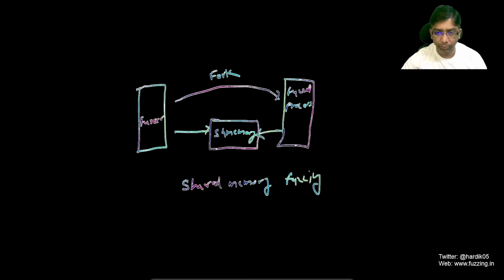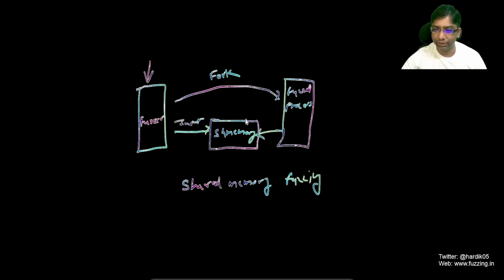So let's start with a whiteboard session again. If you recall from the previous video, in case of shared memory, whenever you want to fuzz a process, the fuzzer will mutate the input and write the new test case to the shared memory. So this is the shared memory over here, which contains the mutated input. And then this first process, instead of reading the data from the file, will actually read the mutated input from the shared memory. So this will completely avoid all the disk related operations, and that will improve the fuzzing speed.